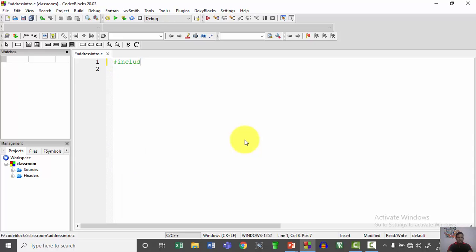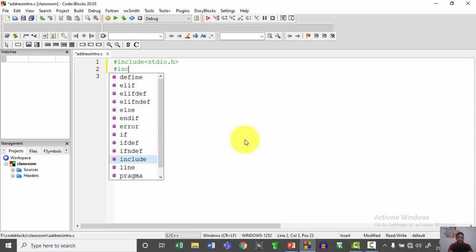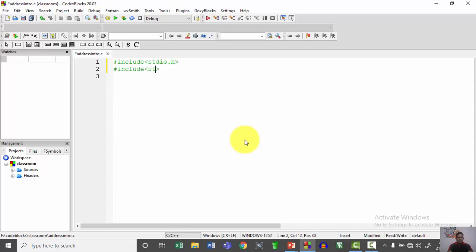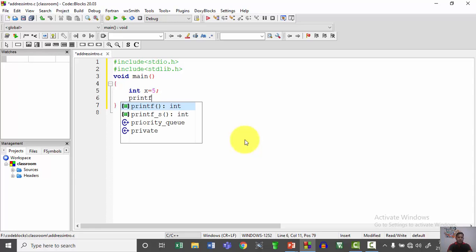Here #include stdio.h, then #include stdlib.h, then void main, and here I declare integer x is equal to 5. I am using one simple variable x, and to that variable x I am assigning the value 5. Now say printf